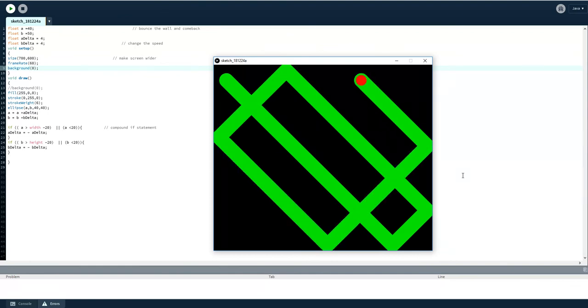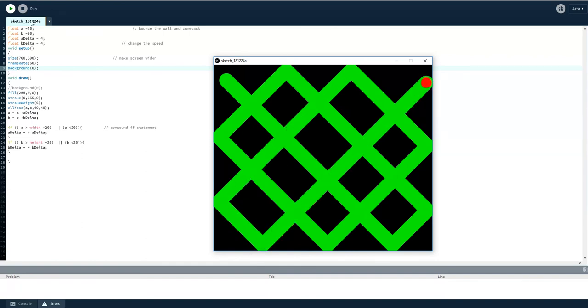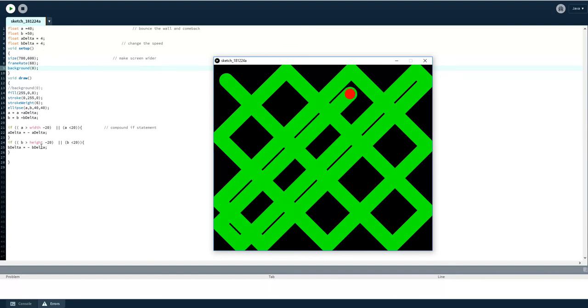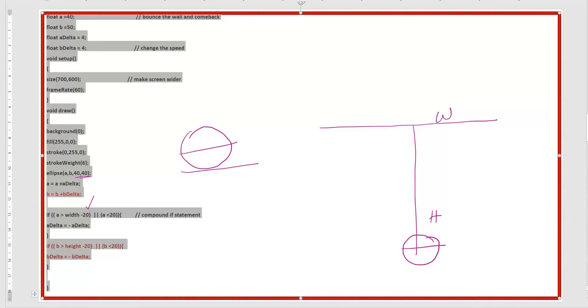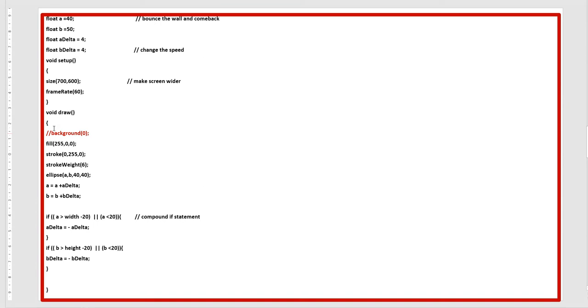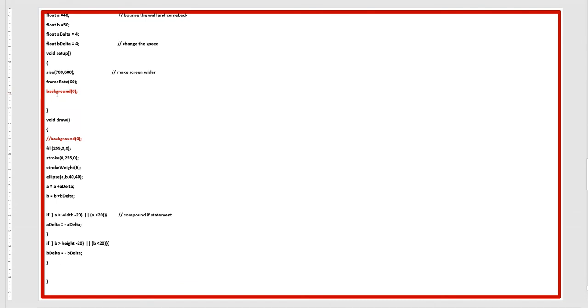Right? So in this lesson you have learned how the ball will move in the x and y direction. You have to make another variable and write another if statement with the height, and the same thing I have mentioned here as well. If you want, you can see here these two slashes mean I have made this a comment. The background command is converted into a comment now. If you want to see the black background, then you have to write it in the void setup area. This is a comment, but this will run only one time.